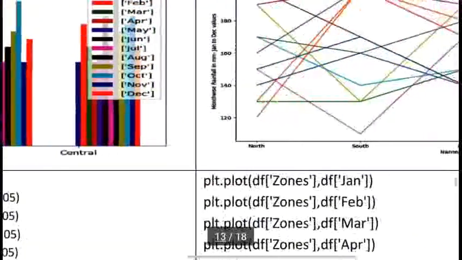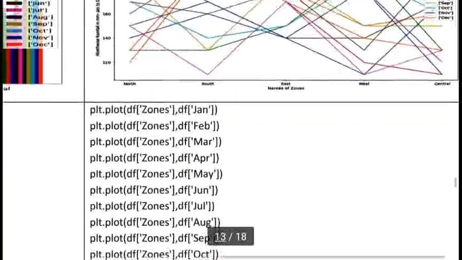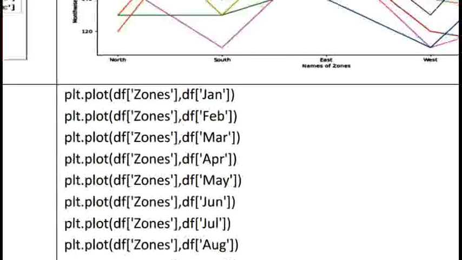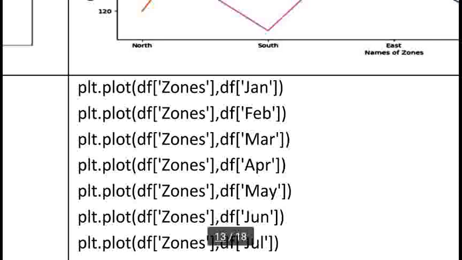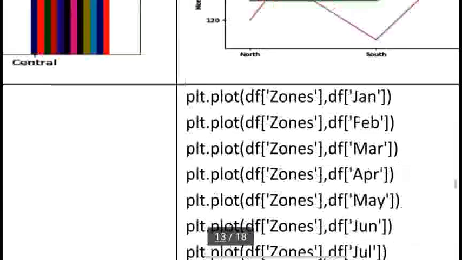Now I want to convert the same chart into a line chart, so here I am using plt.plot. Here there is no need for xticks and other things. This is not required in our line chart. Only a bar chart requires xticks and additional things, but in a line chart we directly use our x axis column and y axis column. Last time I used plt.bar; here I am using plt.plot.